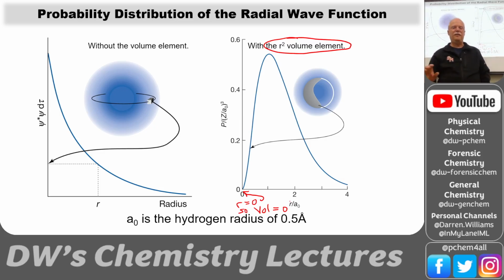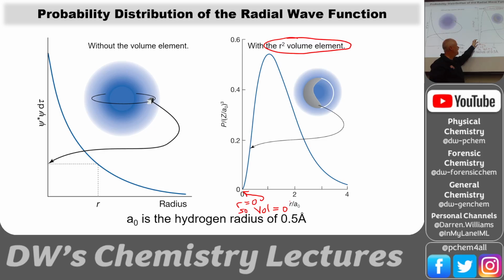And so what this does is it sets up our wave function to where it's 0 at the origin, and it's 0 at infinity, and it oscillates in the middle. So that's what makes it a valid wave function. It's not like the particle in a box. The boundary conditions for the particle in a box were that at the left and right side of the box, the potential energy went to infinity. And so it didn't have infinite energy, so the wave function had to go to 0 at the boundaries. Well, here we don't have that. We've got the potential being lowest at the nucleus and 0 at infinity,